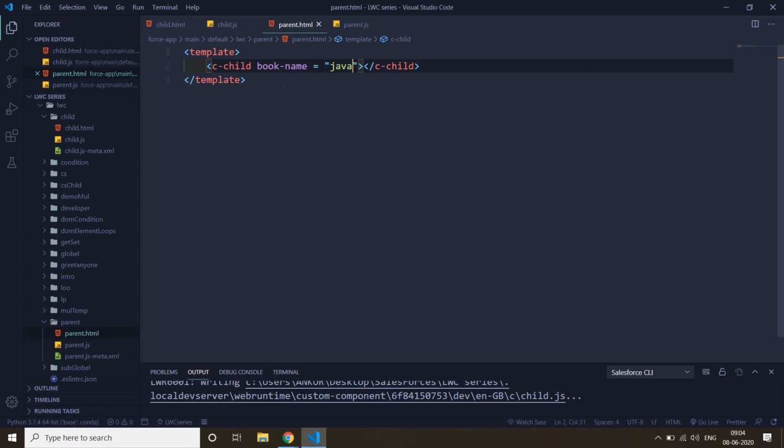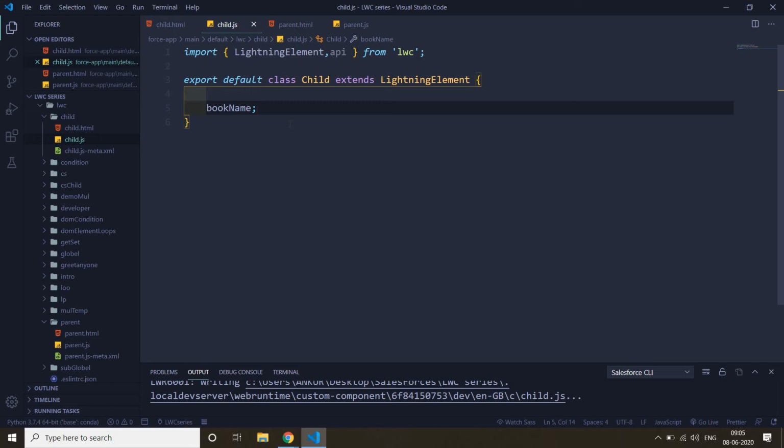For passing data we need to pass an attribute on our connected element. For passing data outside of our element, we need to make properties public. Here book name needs to be public, because when it is private, we cannot access this property outside of our element.